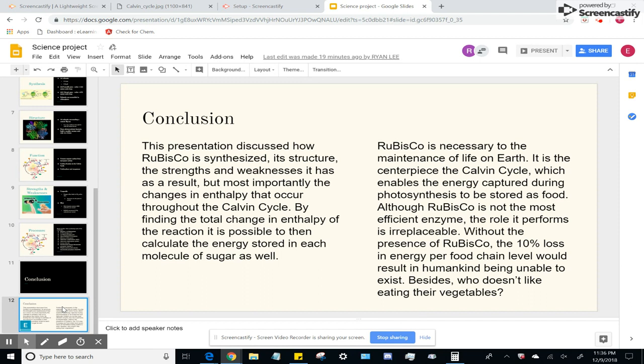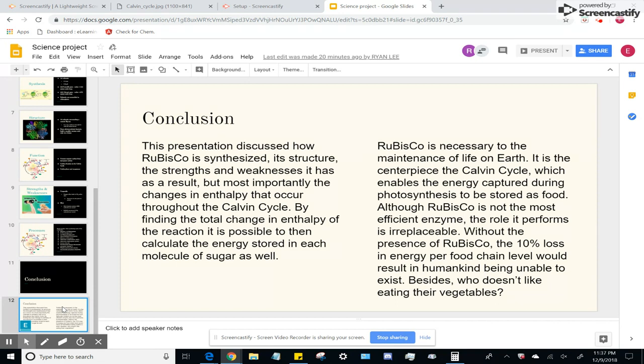Alternatively, Hess's law enables us to use the standard enthalpy of formation for glucose, the eventual end product of the Calvin cycle. Its heat of formation is about negative 1,271 kilojoules per mole. So for every 3 moles of carbon dioxide involved in the Calvin cycle, with 6 moles of glucose being produced in the process, 7,626 kilojoules would be released.